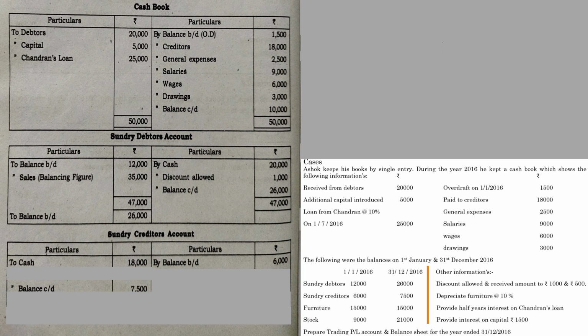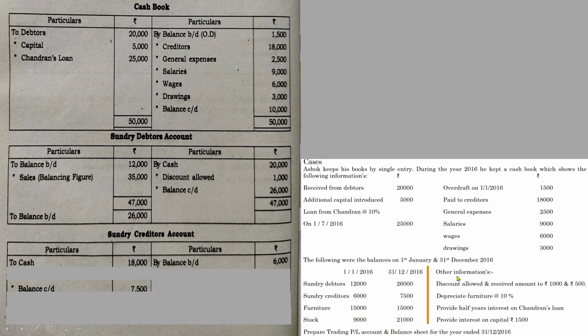Usually students make a mistake by missing some of the figures. They go through the question taking some here and some there, and in that case you will be missing some of the items. If you go through it item by item, you will definitely include all the items. So we have gone through all these transactions. Next, opening and closing, we already took creditors opening and closing. Other information is not related to us.